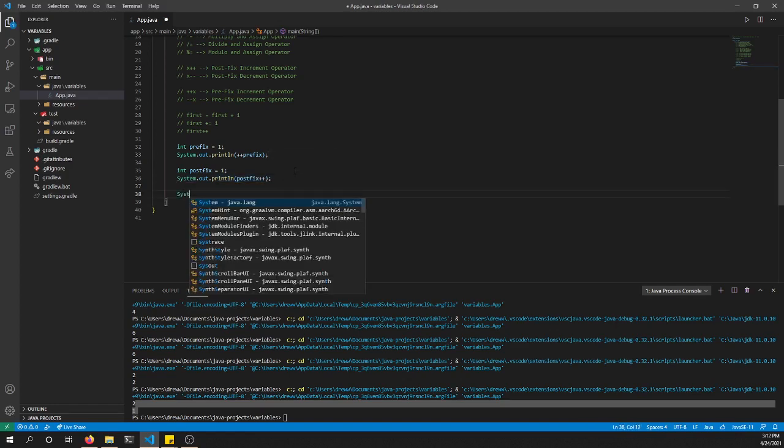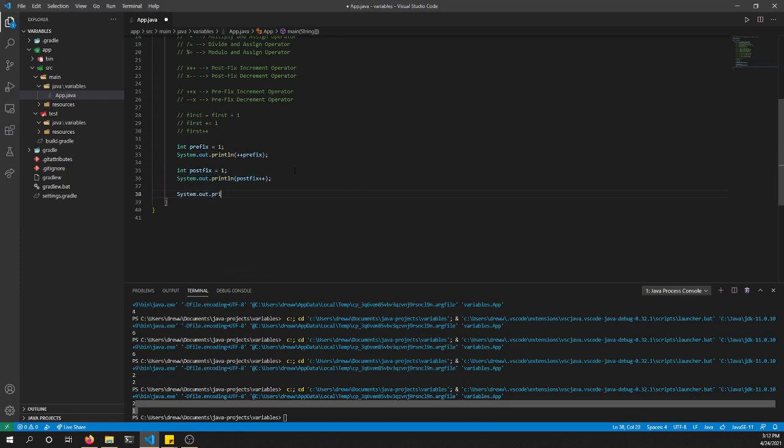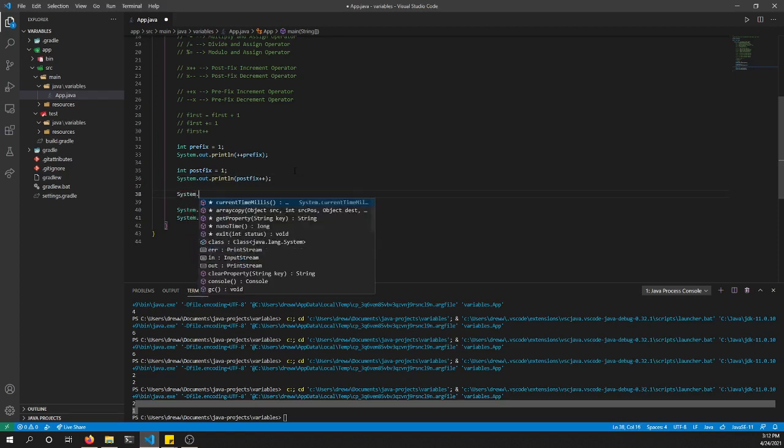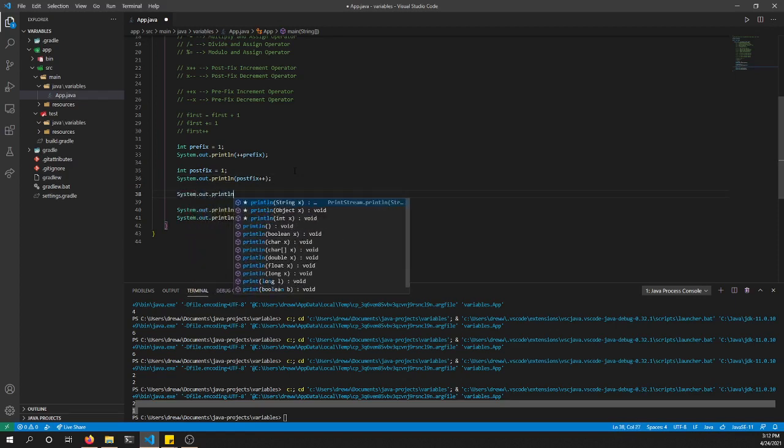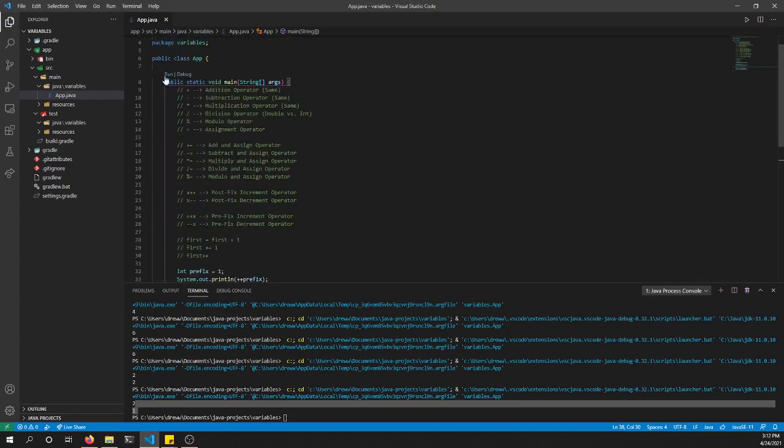So if I were to run System.out.println prefix, System.out.println postfix. And one cool thing you can do with System.out is if you just put in a println with nothing in it, like this one, it prints a blank line, so you can break up your output. But if I run this,